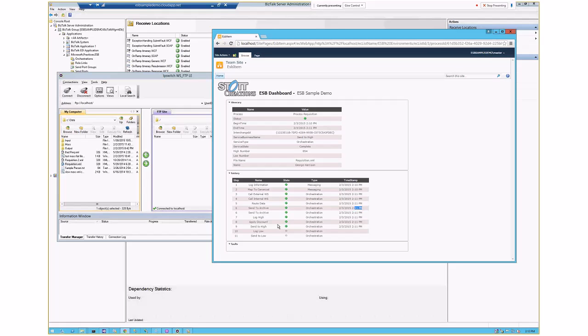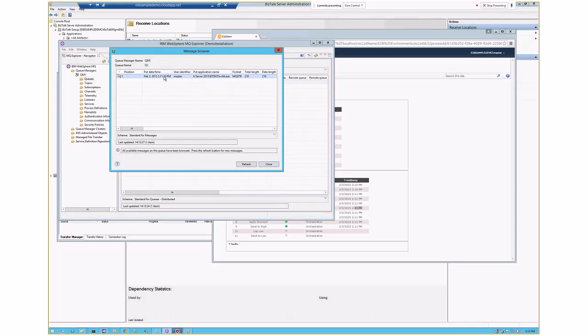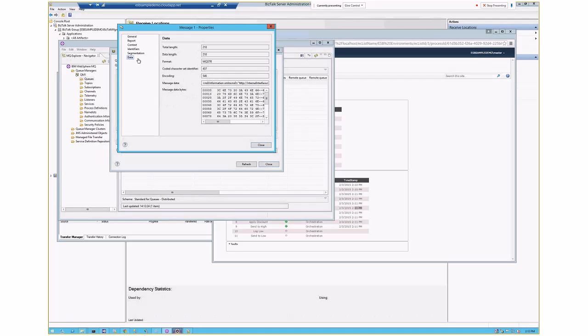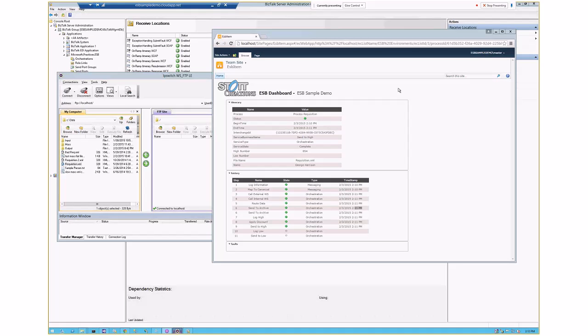Now, the high destination in this process sends it to MQ series. So we'll go and we'll look at this current QDEF. We're now at 1. I can browse the messages, and if I look at the data, here's our data. So it went through successfully. This is all well and good. However,